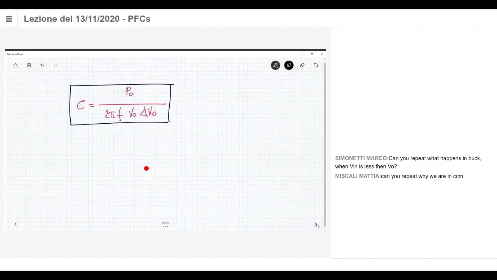Okay, this is the way I can define the output capacitor C. Why in this way, in this case, do I have to define the value? Remember that when I talked about the C naught capacitor in the boost, I said this is not very important, or in the buck, it's not so important the value of the output capacitor. It's much more important the ESR of the output capacitor, because it is the ESR that induces the switching ripple